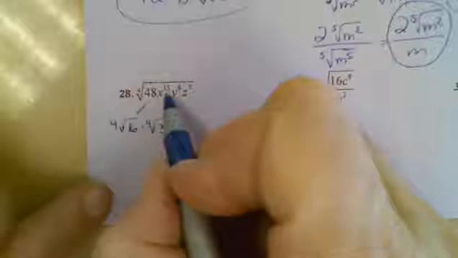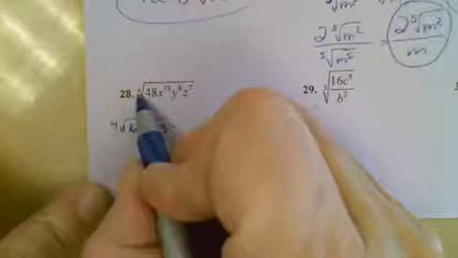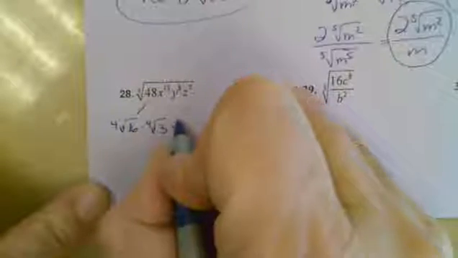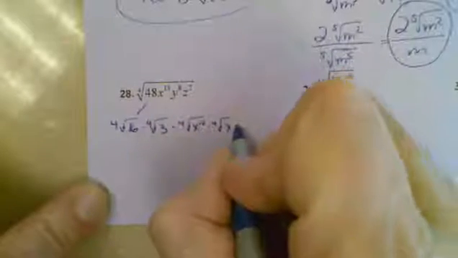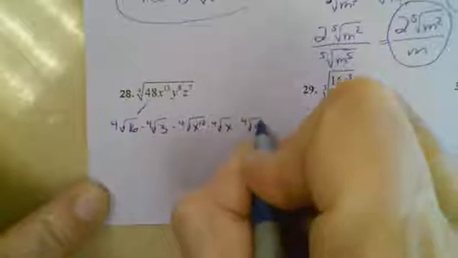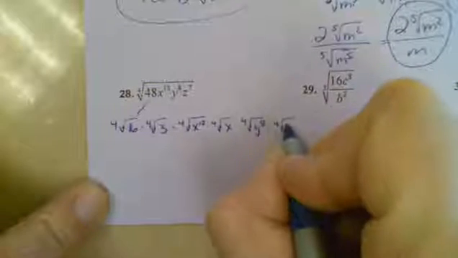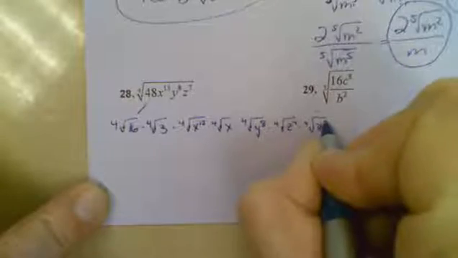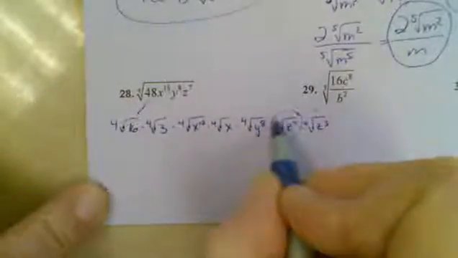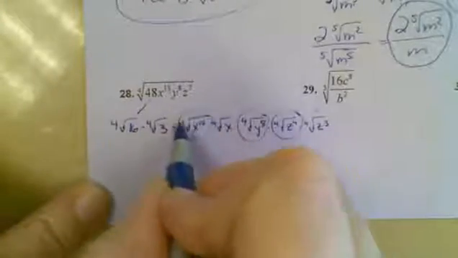All right, now we're thinking of exponents again. It has to be a multiple of 4 to be a perfect 4th root. So x to the 13th is going to be x to the 12th and x to the 1st. y to the 8th already is a perfect 4th. 8 is divisible by 4. 7 is not, but I can do z to the 4th and z to the 3rd. So the ones that I can simplify, anything where it's an exponent that's a multiple of 4, and then for